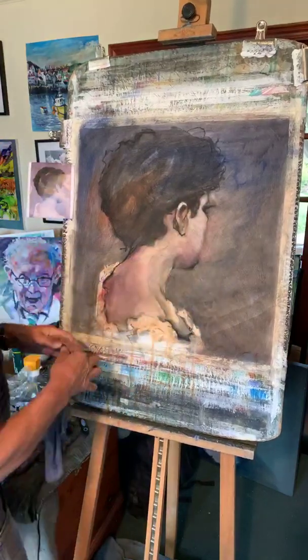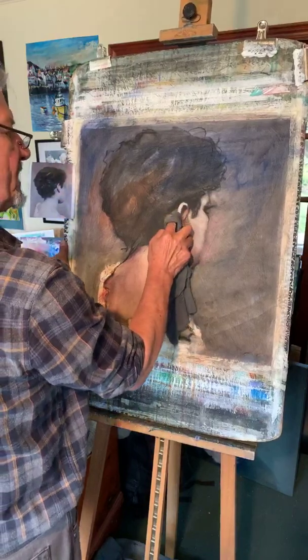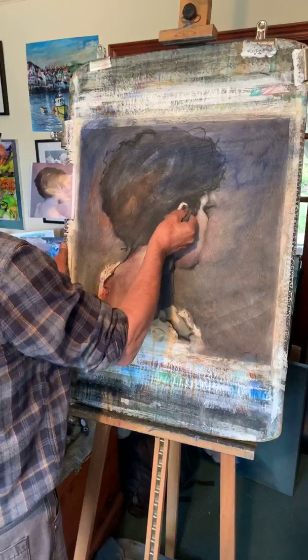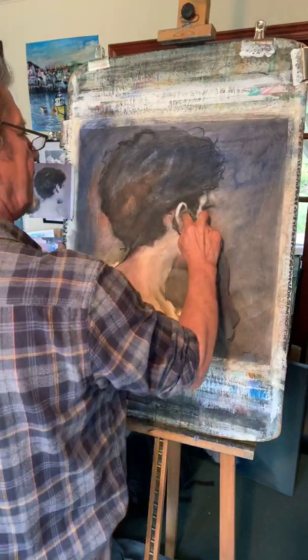If you look at skin tones, we've got a lot going on between a highlight, a mid-tone and a reflected light. Yeah? So if you use the corner of your nail, put your nail in the cloth, damp cloth, one of these really nice